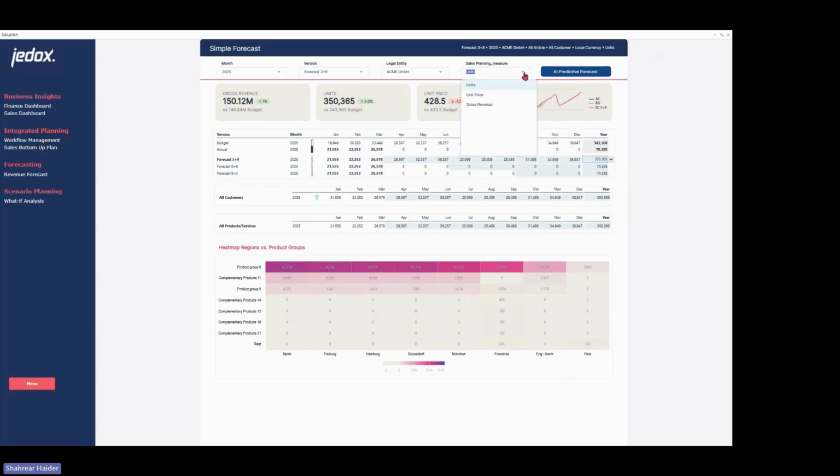This is a simple calculation of business logic, where units times price brings revenue, but you can have any different complex revenue calculations that are fully supported within Jedox. But this is just for you to understand. So let's say I've got the price, and now I have the revenue, which is 150 million. I can start to make some changes, and the system gives you the flexibility around parallel modeling,